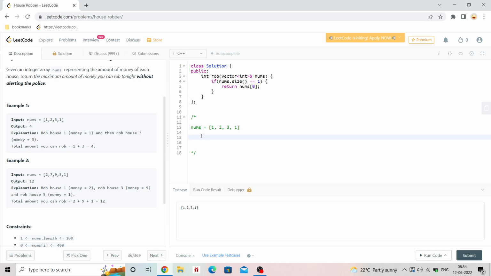So if we want the current max money, we can take two options. So we will take the maximum of money robbed in previous